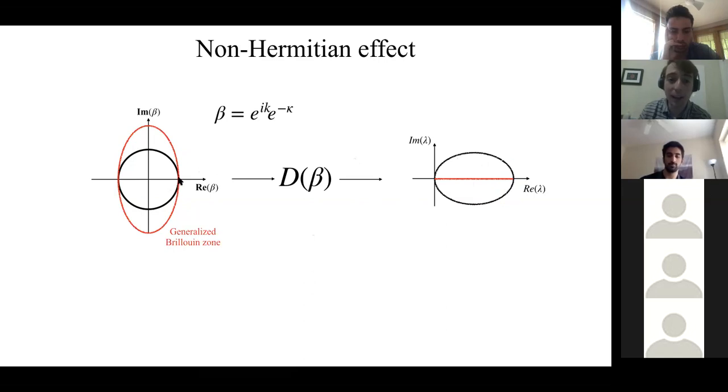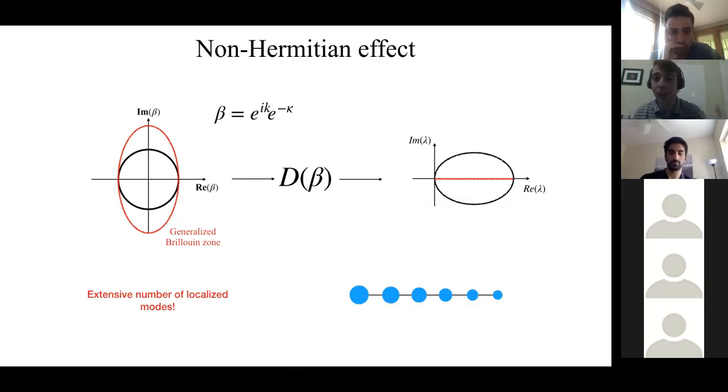And what you notice though is that to find this generalized Brillouin zone, I had to really deform this thing a lot, right? There's an extensive number of localized modes. I didn't just take one point in the Brillouin zone and take it off. I had to continuously deform it off. So unlike a standard topological edge mode, where there's only a single localized mode or a finite number, a sub-extensive number, here we have an extensive number of localized modes as a result of this analytical continuation. And that actually makes a lot of sense if we look at this cartoon picture, because